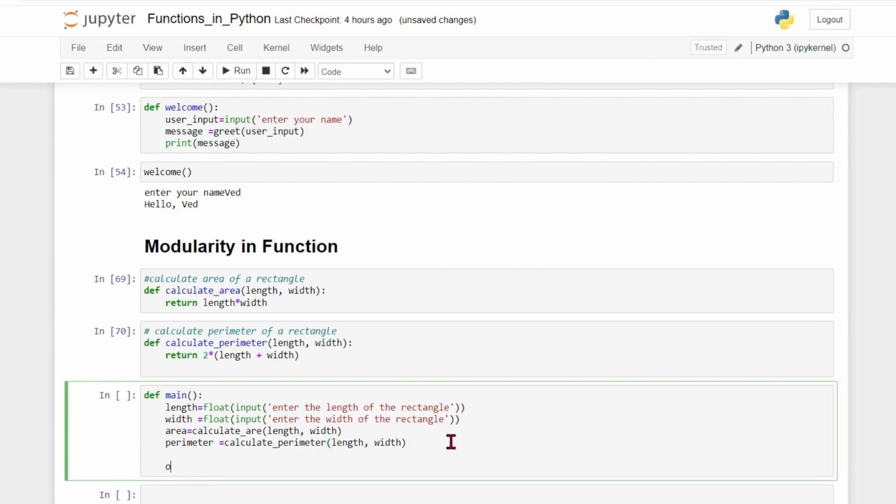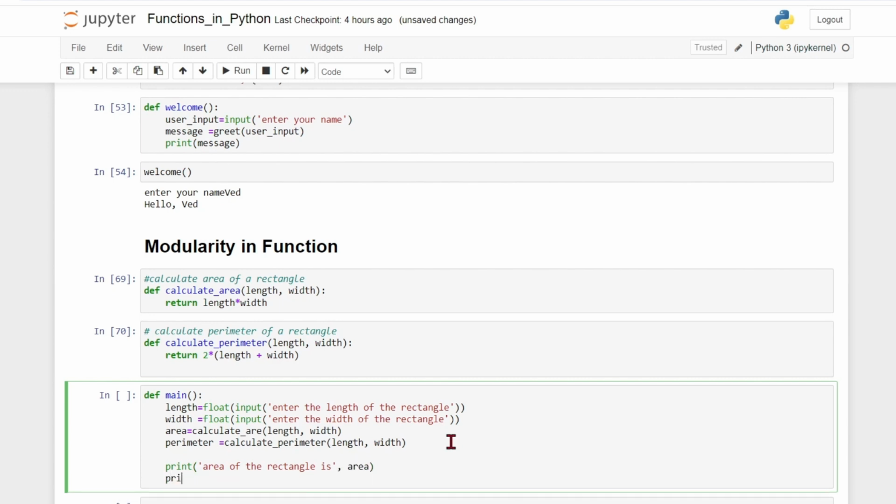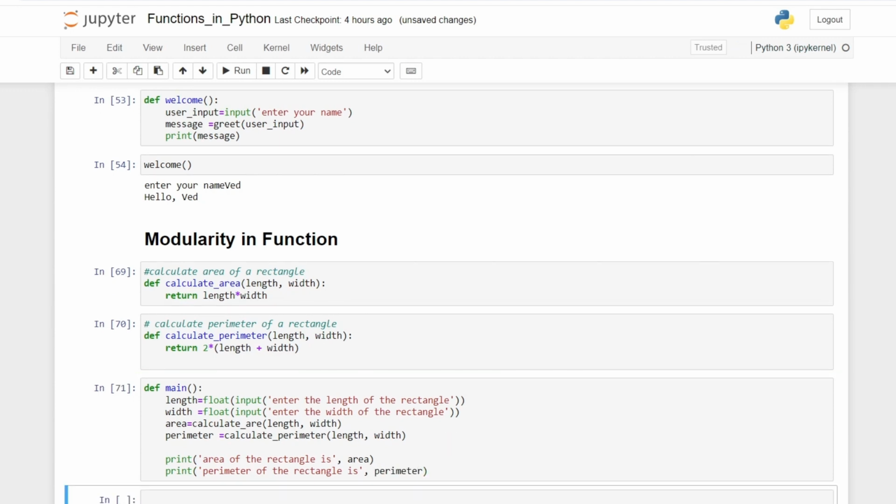Again, I'm using print here instead of return because I just want to print the result. I don't want to use the main function onward. I will just write area of the rectangle is, I will pass this variable name over here. Similarly, print perimeter of the rectangle is perimeter. Now if I call the main function,